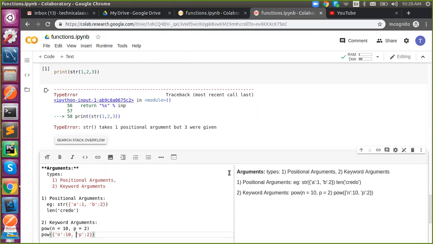It is positional. So how to make it a keyword? So assigning that value to any variable. No. Is it possible to convert this into keyword or not? Without assignment. Even yesterday we have discussed this.